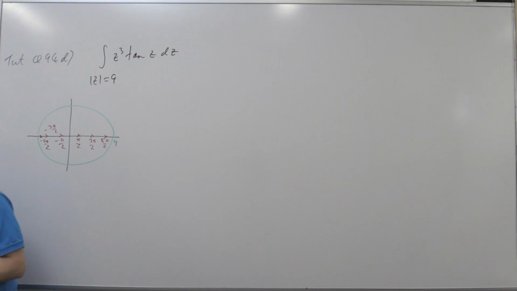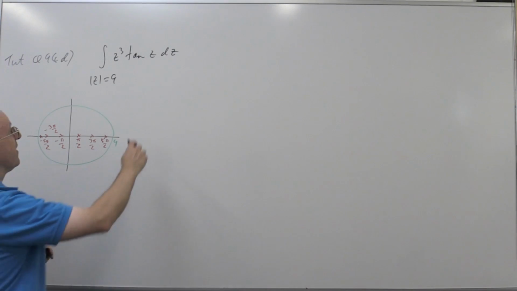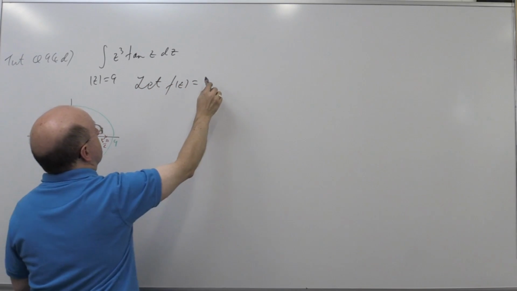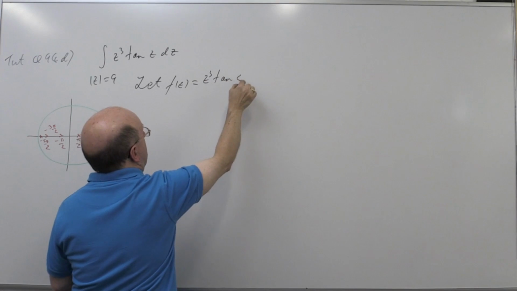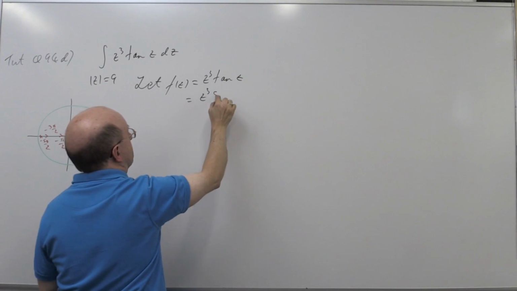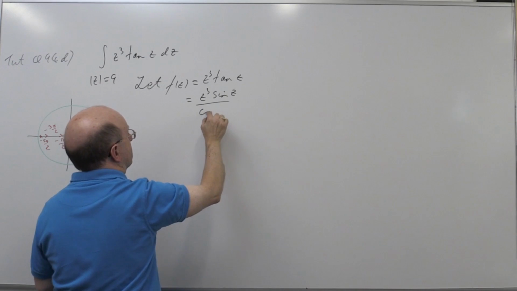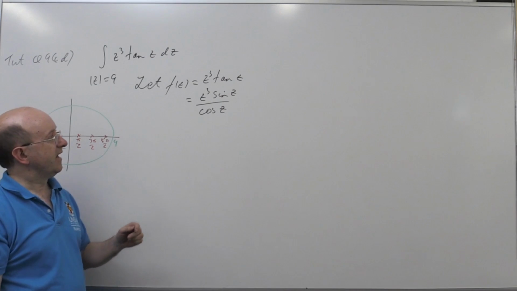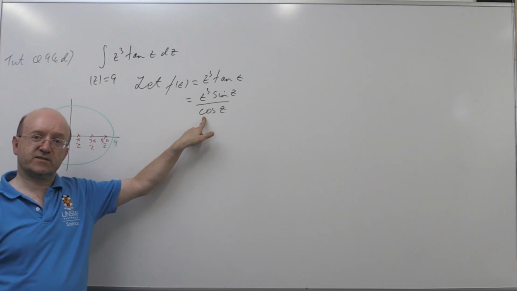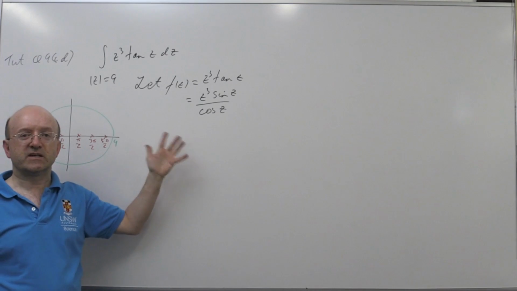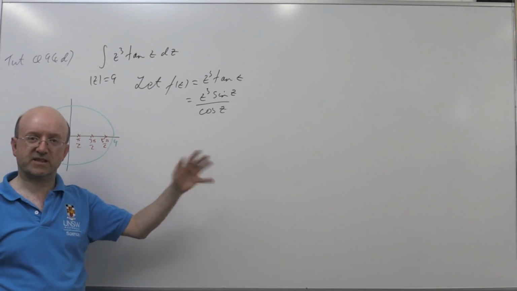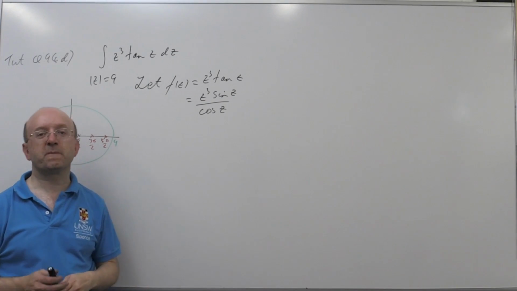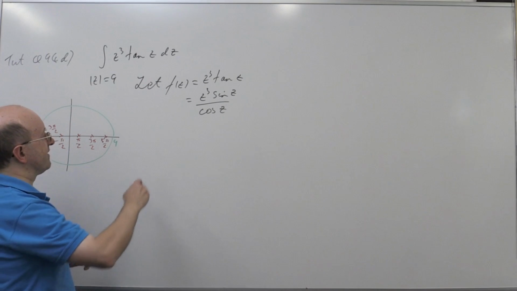Well, the first thing we need to know is what sort of singularity we've got. Let's define the function properly. Let f of z be z cubed tan z, which remember is z cubed sine z over cos z. And cos we know has simple zeros, we ought to know. Where cos vanishes, sine doesn't, sine being the derivative of cos, so the zeros are simple. So we've got simple zeros, 1 over a simple zero is a simple pole of order 1, put another way. So we have simple poles